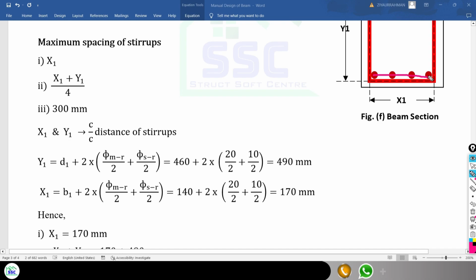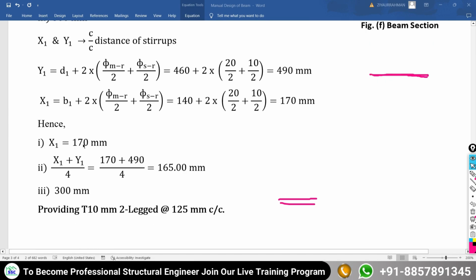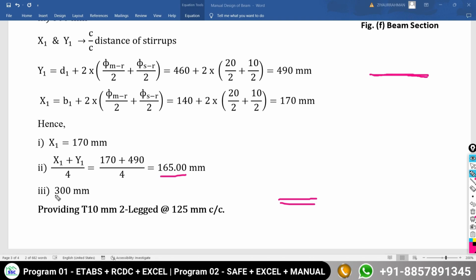Center to center distance we are having for the main reinforcement. We have to add half of diameter of main reinforcement plus half of diameter of your shear reinforcement to get the value of x1. Now x1 is going to become b1 plus 2 times half of your main reinforcement, half of your shear reinforcement. We are getting the value of 170 mm. Now x1 as 170 mm, x1 plus y1 divided by 4 is going to become 165 mm,